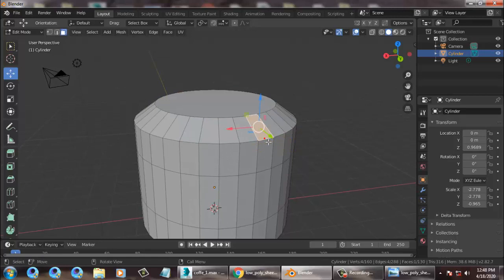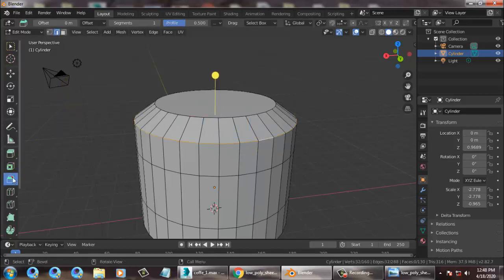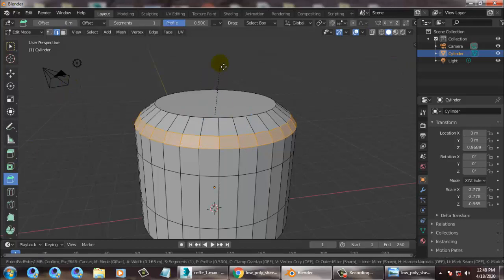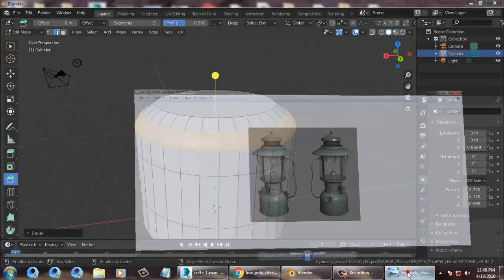So you can just again go into the edge. 1 is for vertex, 2 is for edge and 3 is for face. So press Alt and click, and again let's go into this and use a chamfer over here. You can increase those segments while giving the chamfer. Can you see the segments? You can just increase the segments for the chamfer and you can easily give a chamfer over here.